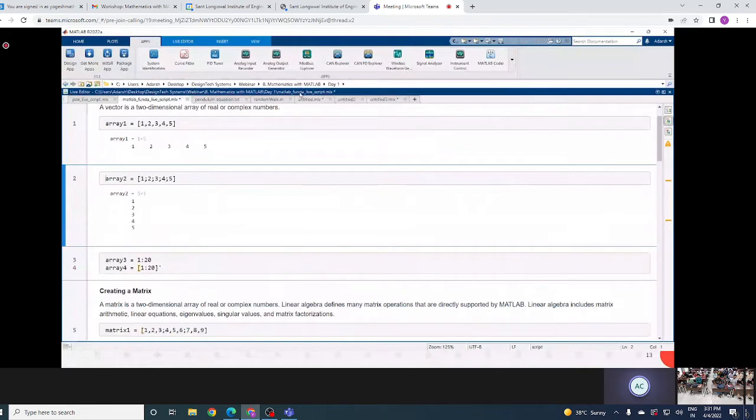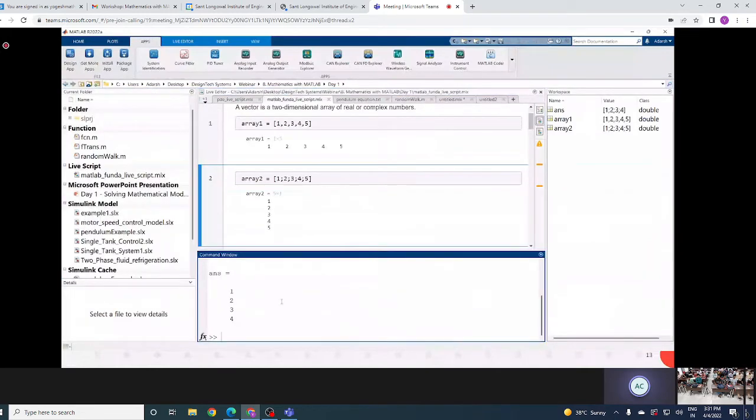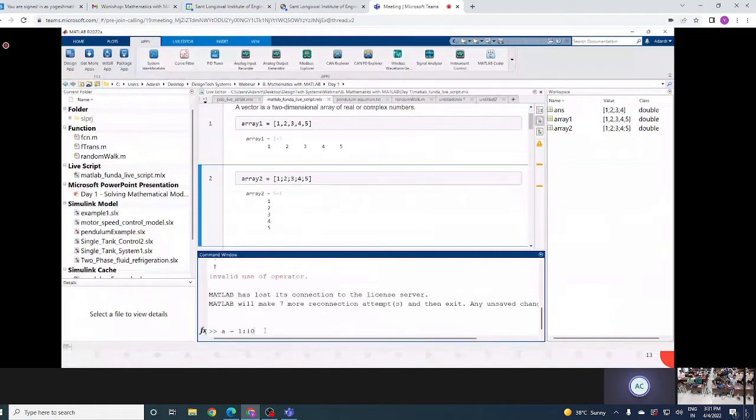If we want to create an array but we do not want to write all the elements of that array, but you want to create a series of numbers inside an array, I will define it as a equals 1 colon 10. This colon operator makes an array, and within that array it will keep an increment of 1. The first element will be the initial point, the last element will be the final point, and this colon operator defines an increment of 1. If I press enter, it will